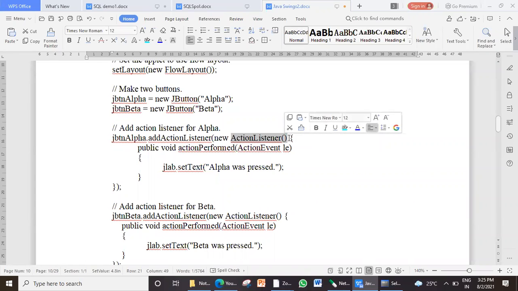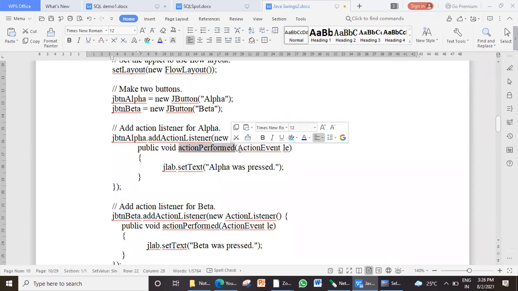So inside these curly brackets, inside this anonymous inner class, I'm going to override the abstract method which is defined in the ActionListener interface. Which method is defined in the ActionListener interface? Yes, actionPerformed. So here I'm overriding the actionPerformed method, which takes a parameter of ActionEvent.